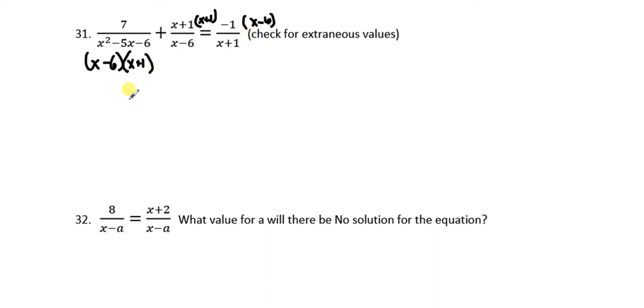And so once all the denominators are the same, and once again, this might be easier to see from my answer key because I'm not going to write this all out again, I can get rid of all the denominators. Basically what I'm doing is multiplying both sides of this equation by the denominator, and that gets rid of the denominator in all three terms. And so what we're left with is 7 plus x plus 1 times x plus 1